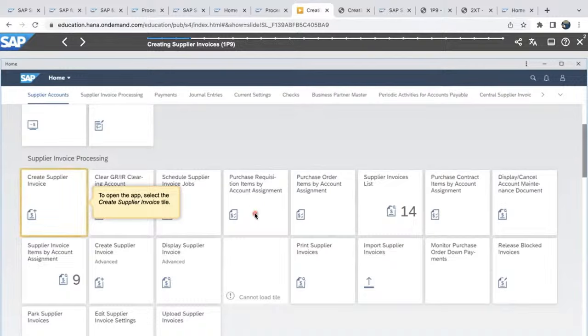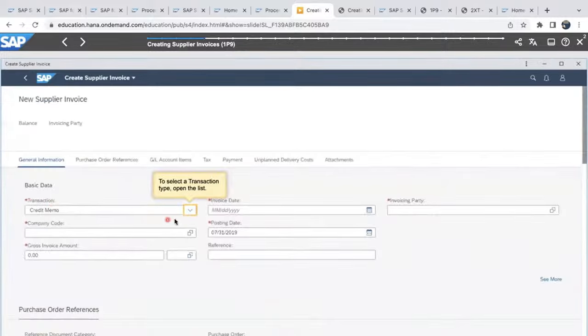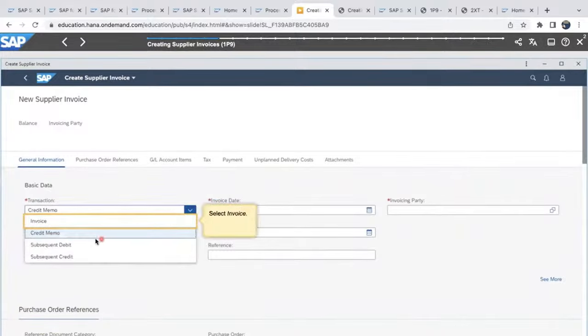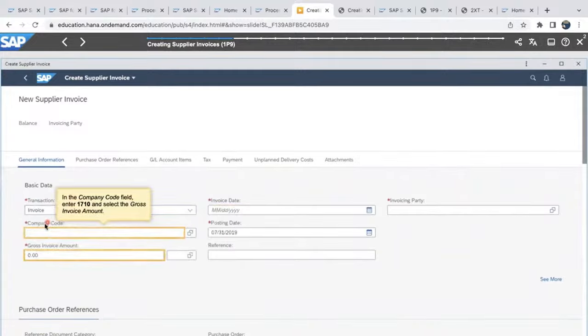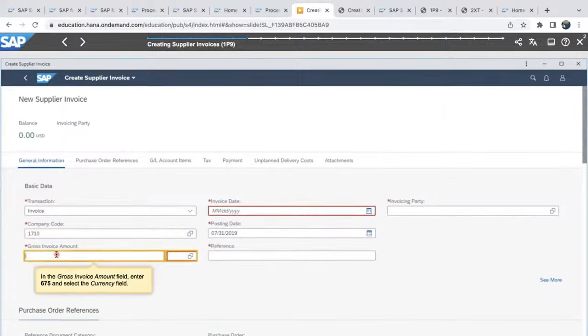Okay, so these are all ME5 kind of reports. Purchase order, this is ME2N, you can use it, or you can use ME2K. Purchase contract. So these are all our reports. Create supplier invoice. Select invoice, because we are not getting a credit memo. Invoice company code 1710, gross amount